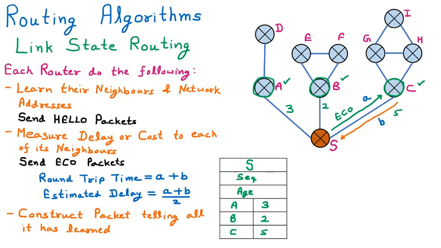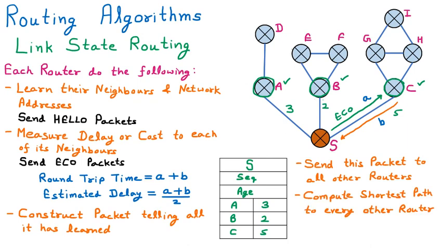Now this packet is sent to everybody else. This is the time for sending the packet to every other router so that they have the information about what neighbors I have. So we send this packet to all other routers. So in the next step we are sending this packet to all other routers so that they have the information of what I have. Now in the last step, which is the 5th step, we compute the shortest path to every other router. So in the last step we are going to find out the shortest path.